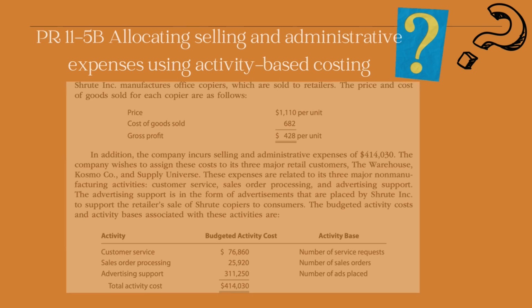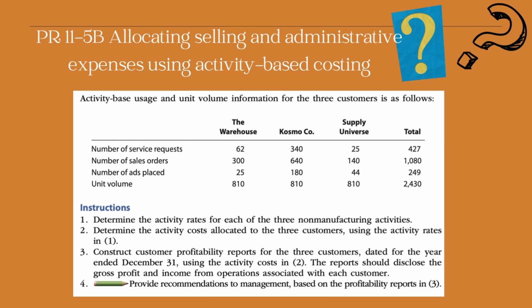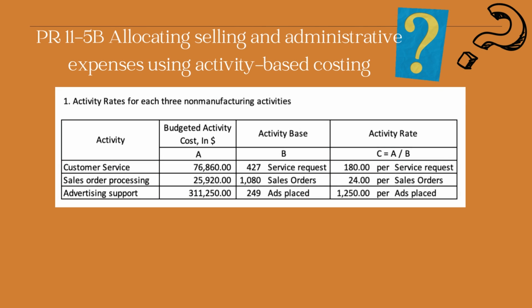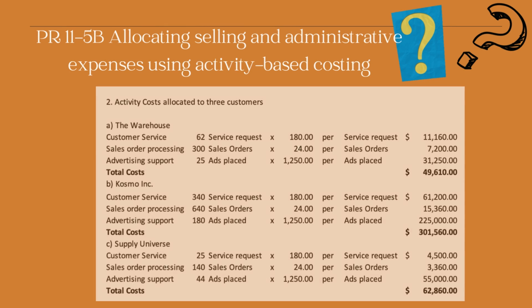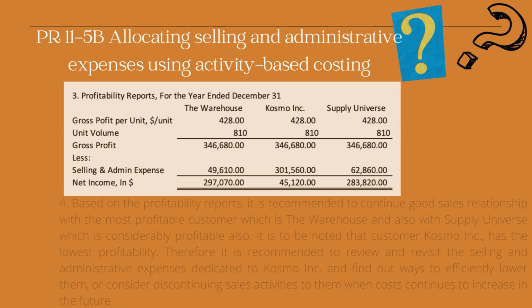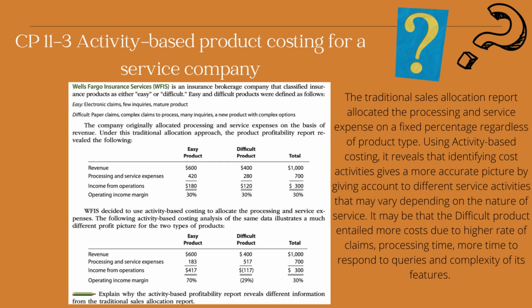So listed are the set of activities and their corresponding budgeted activity costs, totaling $887,000. The activity bases identified for each activity are as follows. Here are the activity bases: for production, machine hours; setup, number of setups; inspection, number of inspections; shipping, number of customer orders; customer service, number of customer service requests. The activity-based usage, quantities and units produced for